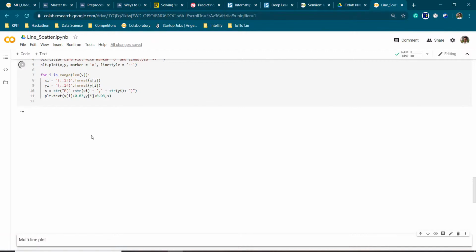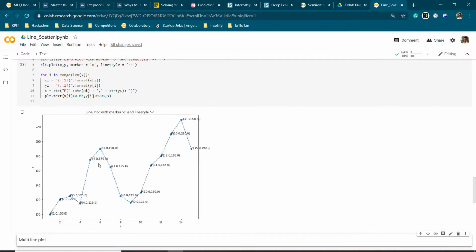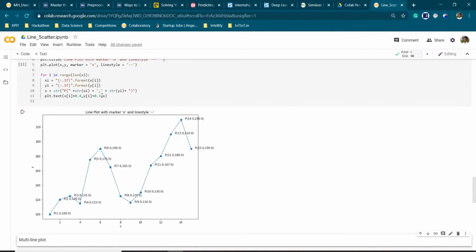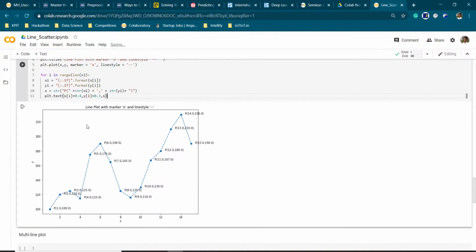Let us see this graph. So now let's increase this value. So now you can see that our points are now clearly visible. So this is how you can annotate x and y coordinates.